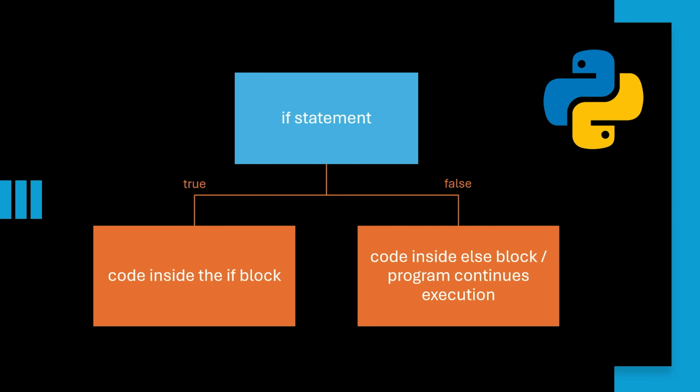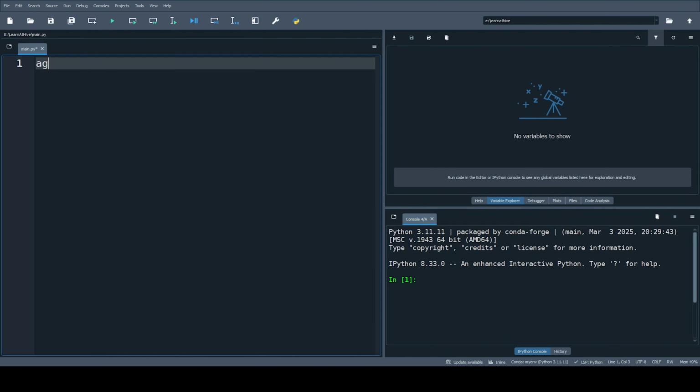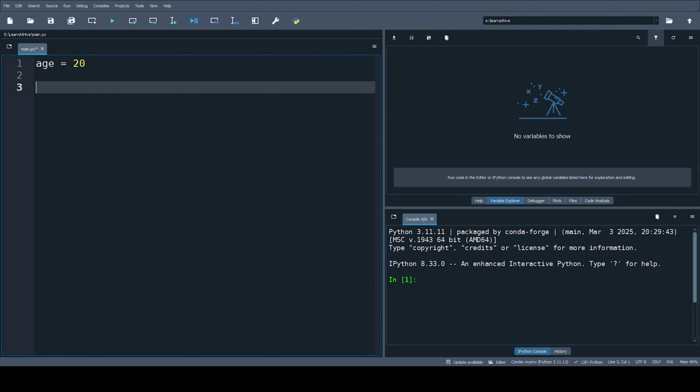Now let's break it down with a simple code example. So age equals 20, and I will create a conditional statement that prints you can vote if age is greater than or equal to 18. So I will write if, be careful there, no parentheses. You don't have to, you can, it will be better, but you don't have to use parentheses here, at least for Python. Age is greater than or equal to